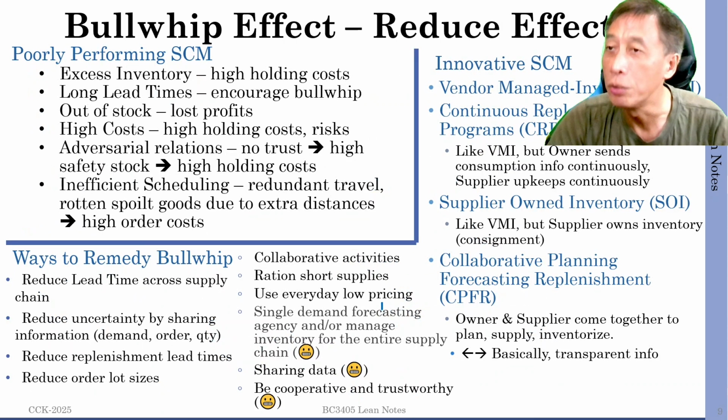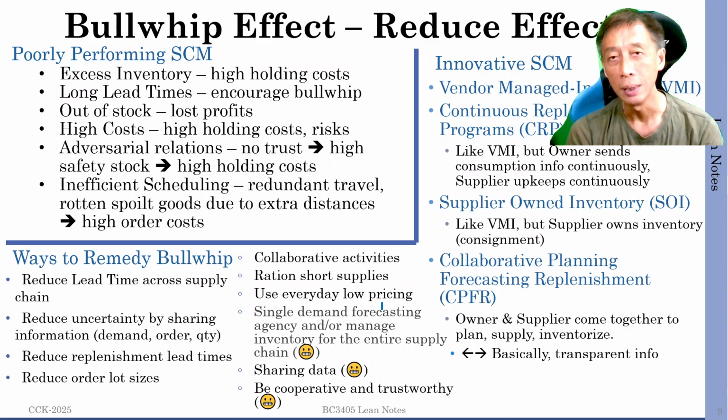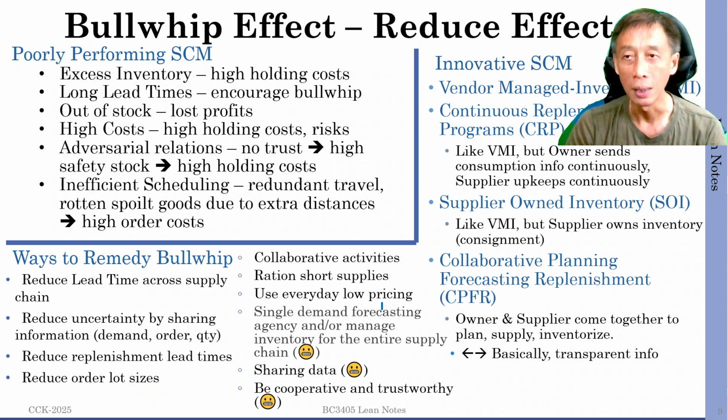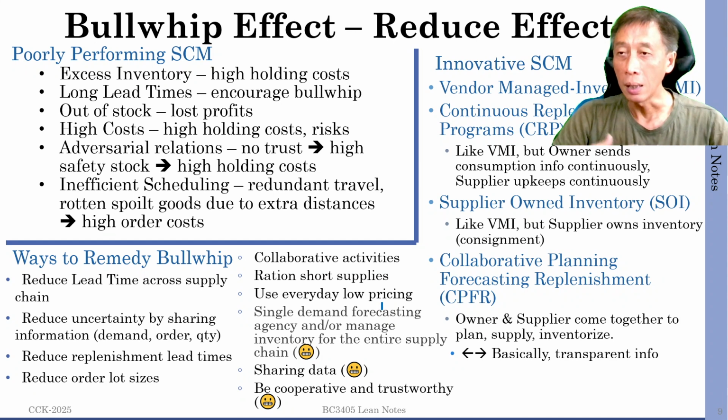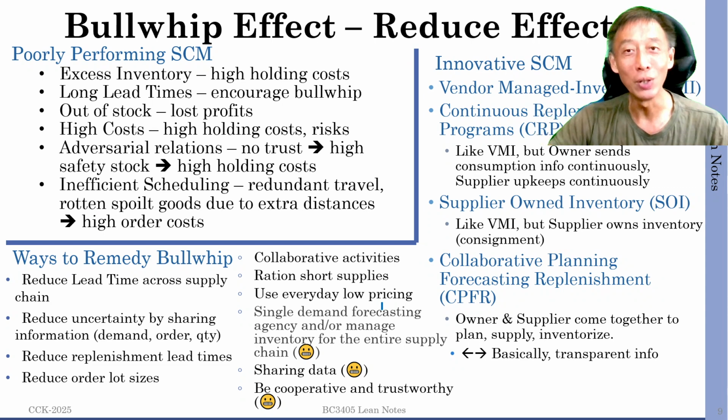And finally, we want to look at how to reduce the bullwhip effect. And of course, when we talk about that, we are standing at the manufacturer's position to look at things, thinking that we, the manufacturer, have the ability, not to coerce, but to teach, to guide, to educate the downstream supply chain players who are actually our customers. But then we want them to work with us. That's usually how they phrase it.